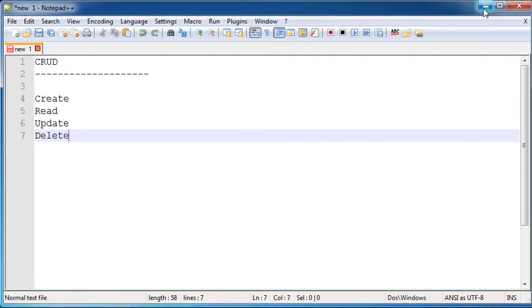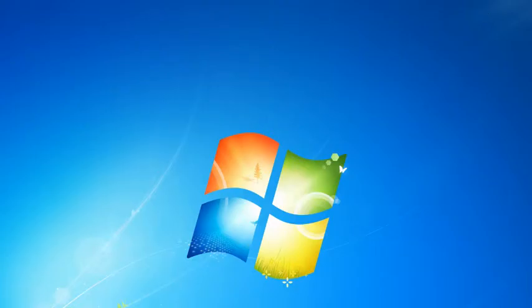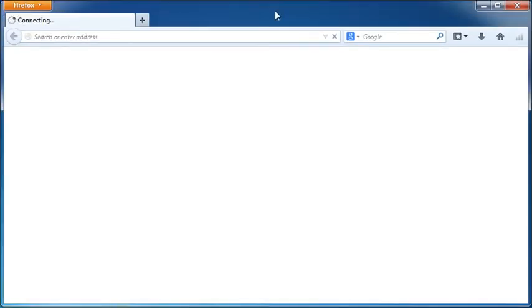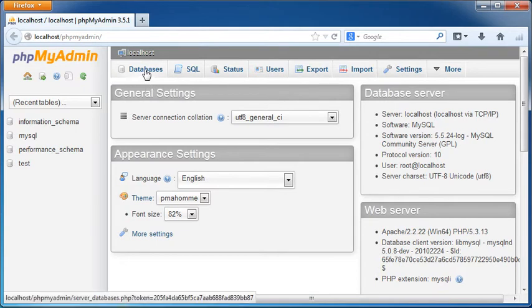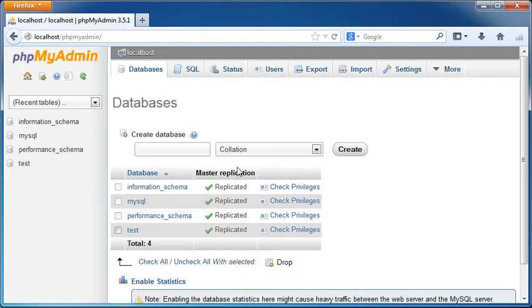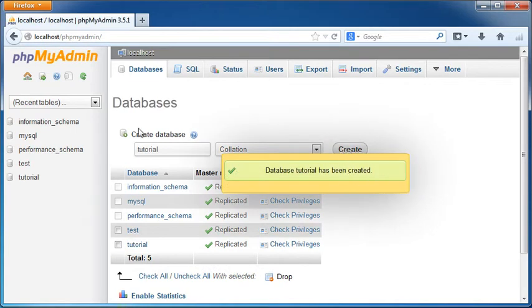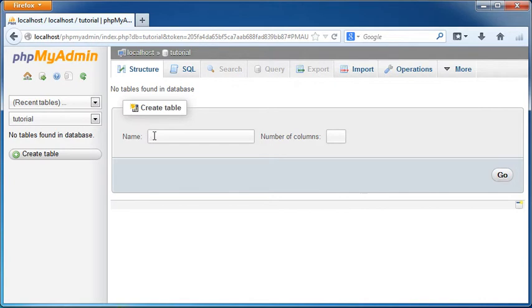I'm gonna go ahead and minimize our editor here. I am gonna open my phpMyAdmin site here. Okay, I'm gonna go ahead and create a new database here, and I'm gonna call this database simply tutorial. I'm gonna go ahead and hit create. Then inside this database tutorial, I'm gonna create a new table. I'm gonna call it people,